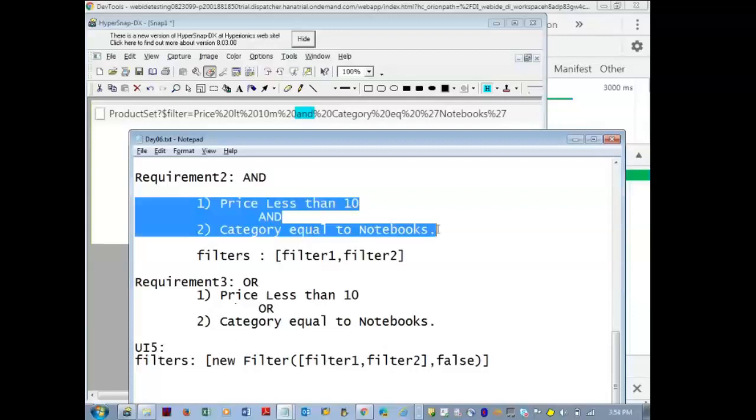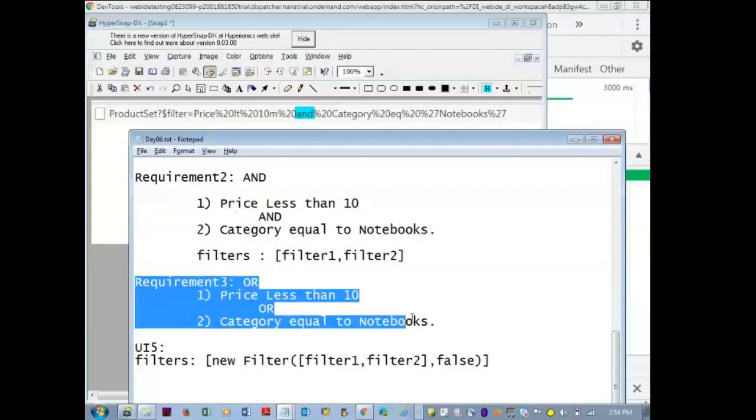Okay, those are done with the and condition. Do this or condition. Add a button to the view.